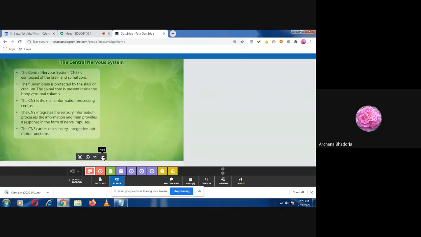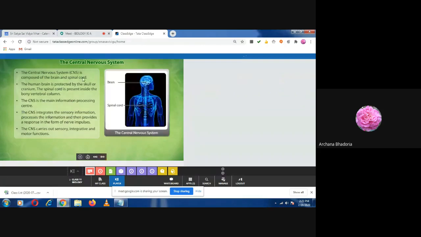Now, central nervous system, it is composed of the brain and the spinal cord and protected. Now, try to understand brain ka location kya hai and how it is protected. So, brain, you know, it is present in the bony brain box, which you call it as cranium, and the extension of this brain, the medulla oblongata extension, that is only running along the full axis of the body. Can you see the central part? And this is running again.